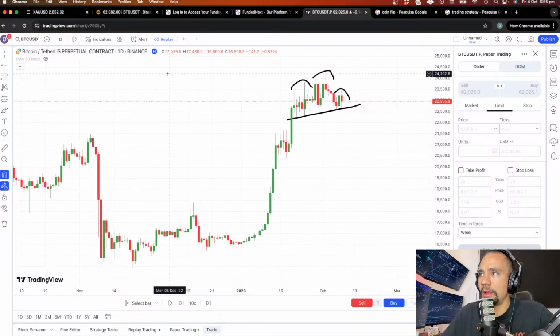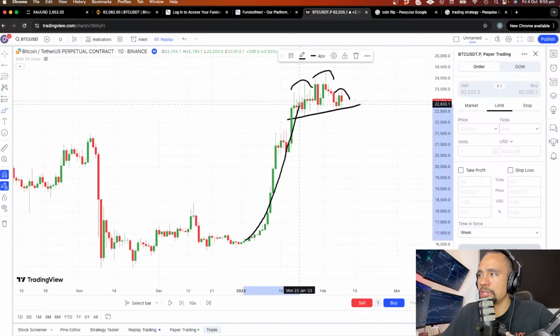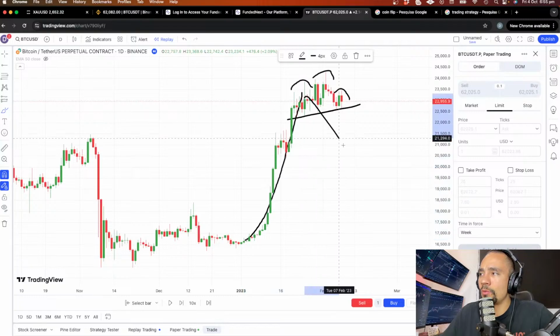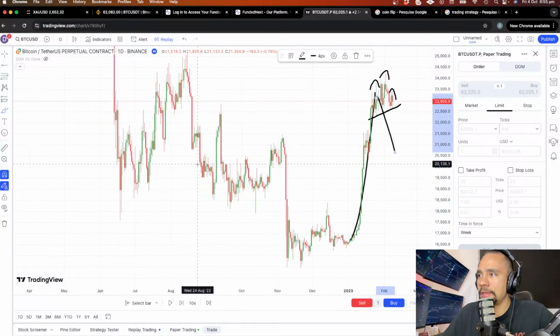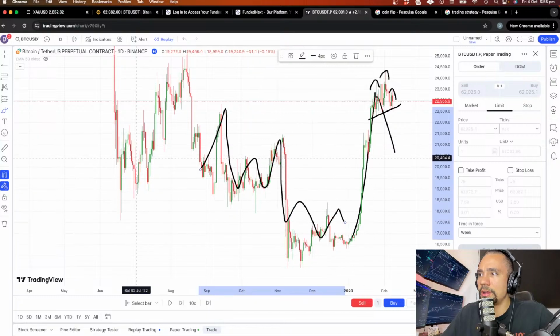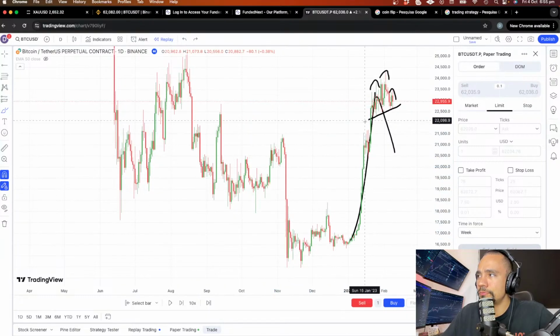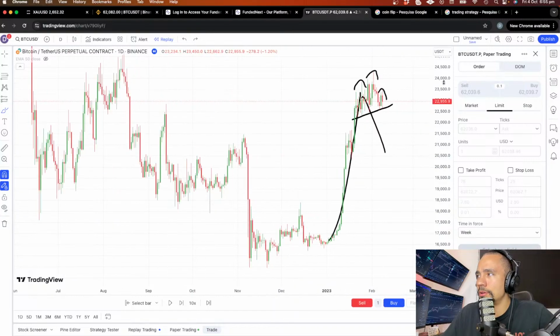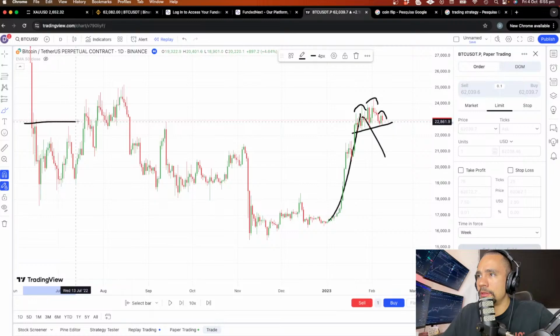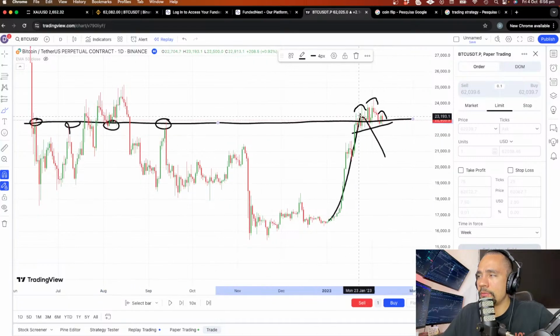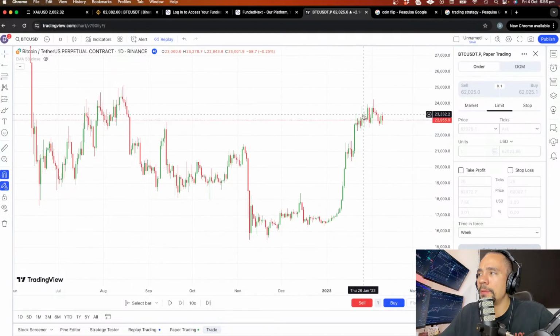Why? Because as I showed you guys, we have the extension, so now it's more likely that the market will mean revert back, because the market is very mean reverting. You also have the resistance here. You have all those levels that were support and resistance. So the market resistance, high time frame resistance, very extended, former head and shoulders. Easy money trade. I do that any time of the day, and they don't come very often.